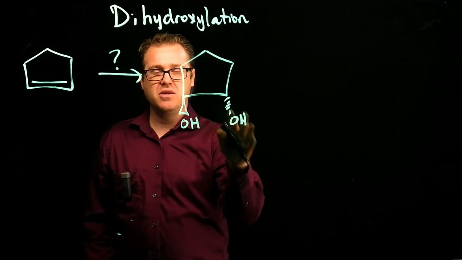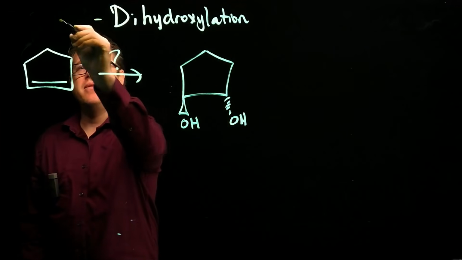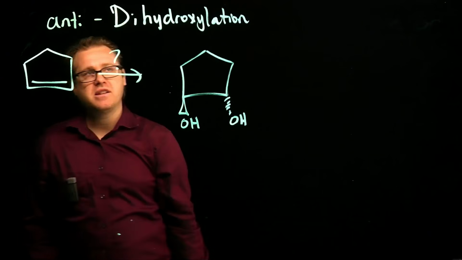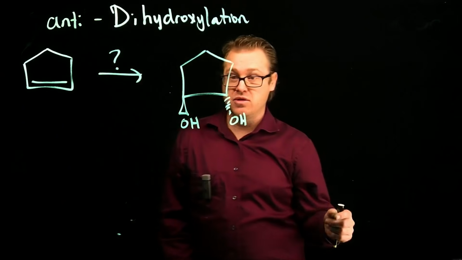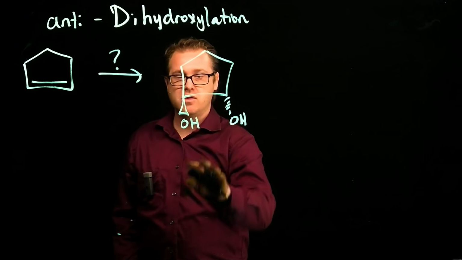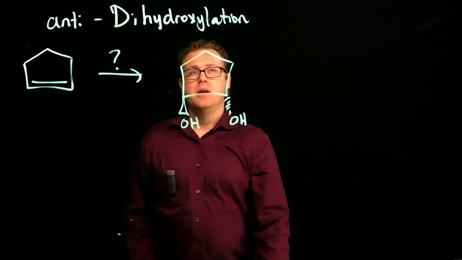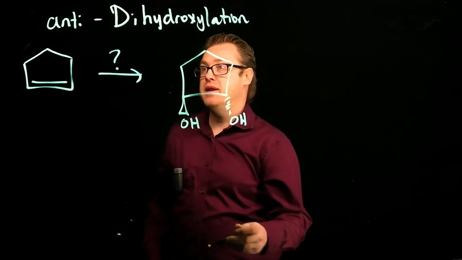Is that syn addition or anti-addition? You can see that we have a wedge and a dash. So what we have is anti-dihydroxylation. We also have reactions where we can add these two OHs syn to one another, both wedges or both dashes. We will look at that reaction momentarily, but for right now, we are going to take a look at